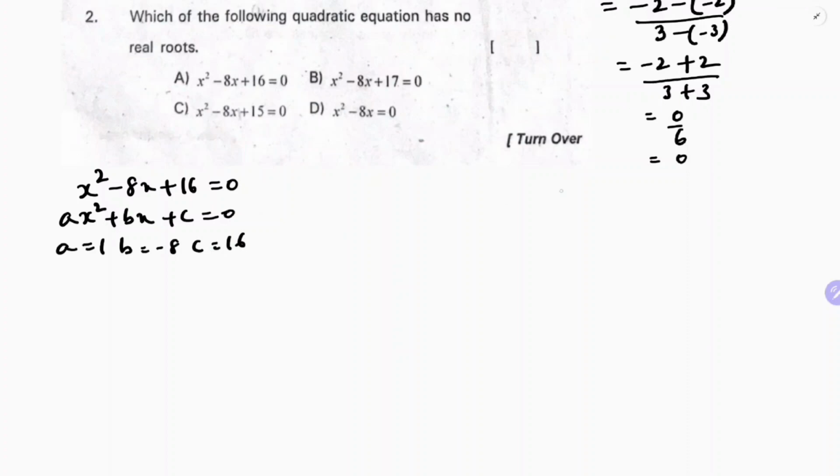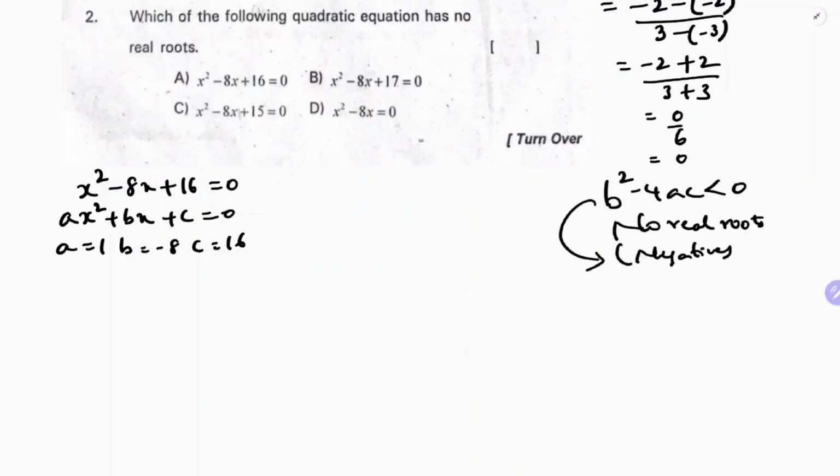No real roots means b square minus 4ac should be less than 0, that is, negative. So for the first option, b square minus 4ac is minus 8 whole square,